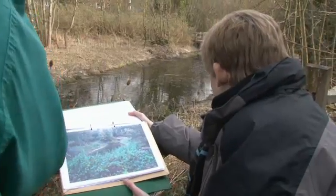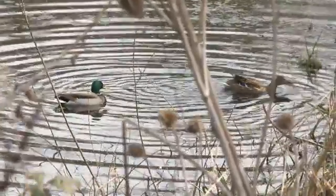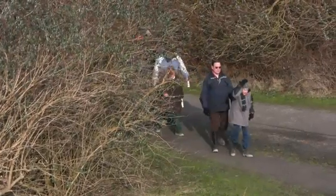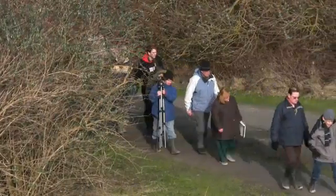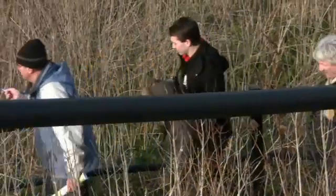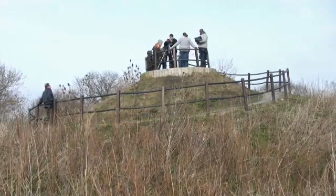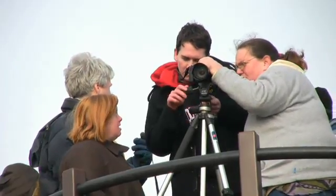Can you see these ducks? If you like, it's inclusion in action, but it's giving adults with learning disabilities a real place in a really quite important environmental project. In a shared environment, a common piece of land, in an endeavour to record change at lots of different levels, very, very small to perhaps quite large. The outcomes people have experienced as a result of their involvement in the project have been fantastically unique, really giving people